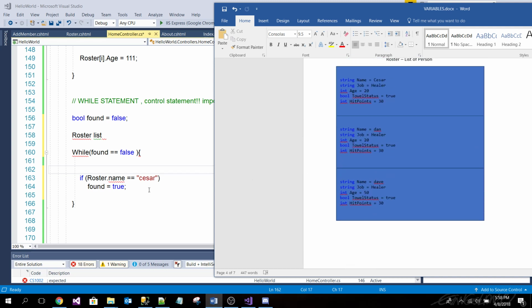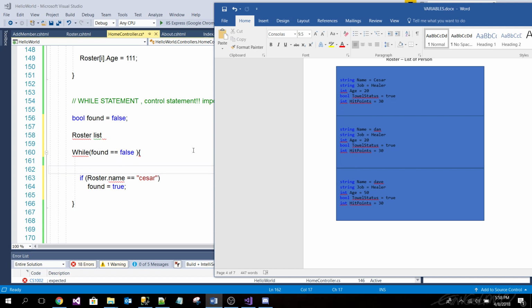Let's pretend I'm going through each one. So the first one is going to be here. So is roster name equals Caesar? No. So we don't do this and we go around. We go back up. Is found equals false? Yes, and we go again here.